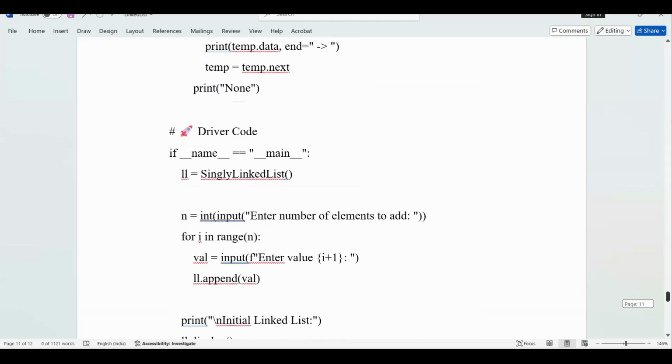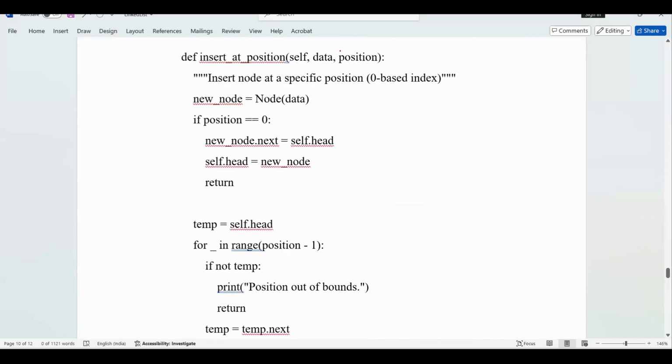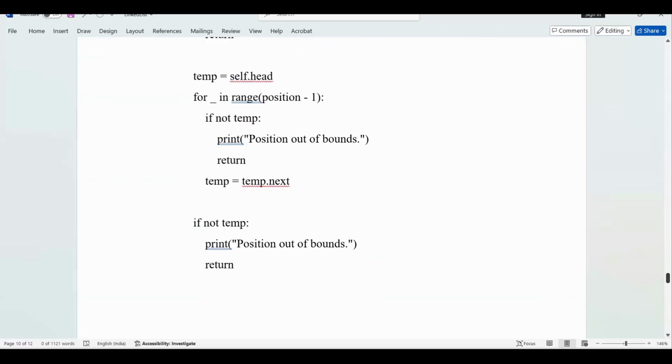This is the calling function. Here, if you understand whatever data is passed in along with the position, that is the code. Now, other than the 0th position, temp points to the beginning of the list, that means temp is a reference. Then for in range (1, position), we wanted to insert the new node